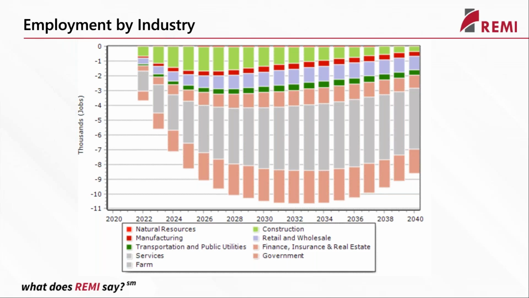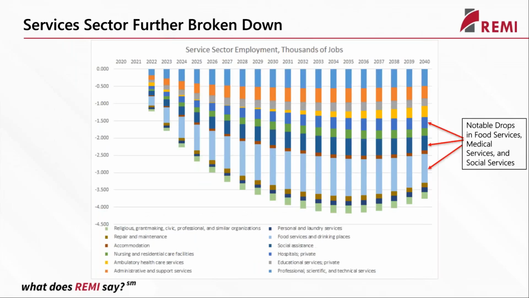But services is kind of a broad topic. It'd be helpful to be able to break this down further. And so I took data from the model and was able to break down the services sector into its component parts. And we learned some additional information and some additional insights into how we might view this phenomenon going on in the economy, the high housing price increases. So you can see that, again, there's somewhat of an even distribution in job losses, but there are some key industries that are losing out quite significantly.